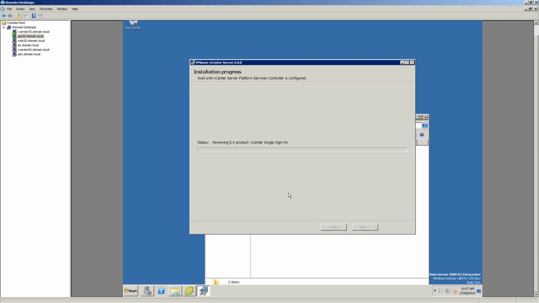to 6.0. So for example, for your VCP test, once again, they may ask you the order in which things happen, so make sure you see this. It will extract your scripts. It will extract your 5.5 data to a location that was specified before. It'll remove the product first, and then it'll install it. So make sure that you know this upgrade sequence for your VCP.